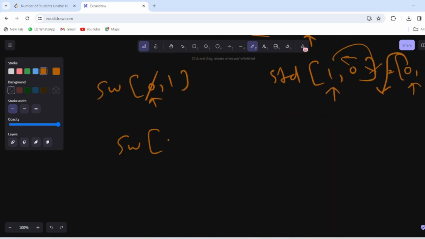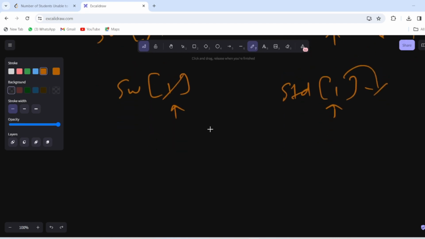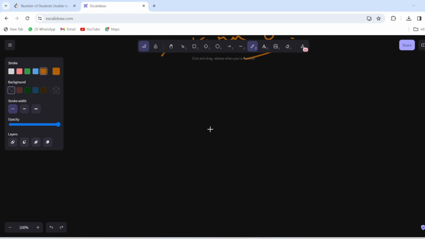At the end we got sandwich as 1 and student as 1. So the preference of the student matches, and this sandwich will be moved out and the student will be taken off. Okay, so now we can see that the number of sandwiches is 0, and the students are also 0. So no student is left without lunch. In that case we will return 0 as our answer. Now let's see another example.